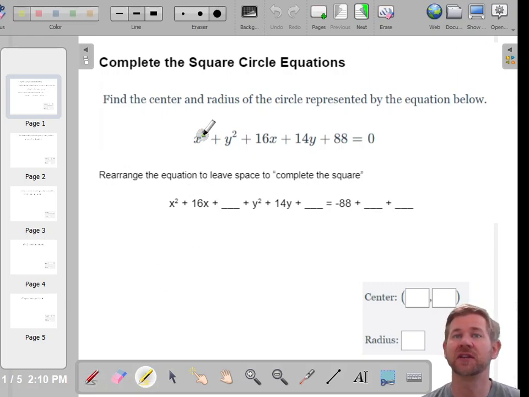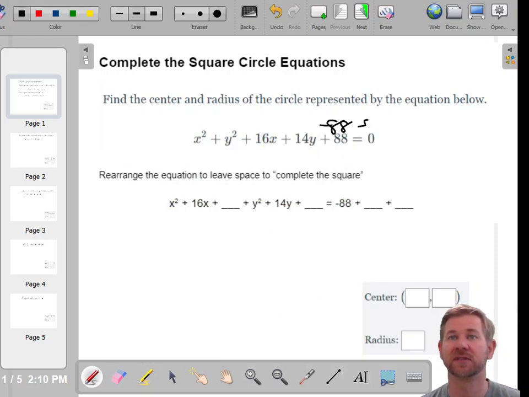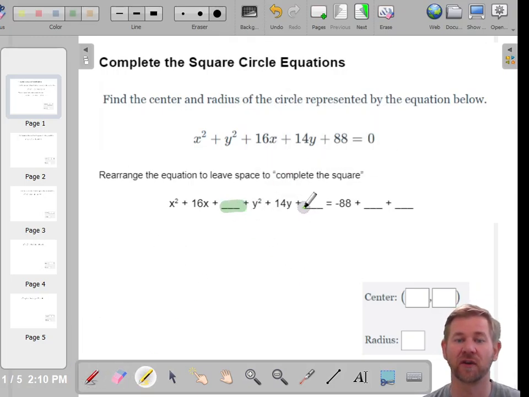The first thing we're going to do, if I say complete the square, is let's get the x's grouped up together, and then let's get the y's grouped up together. And then the other thing that I want you to always do is anything else that's not an x or a y needs to go to the other side. So you can see in this problem that plus 88, if you subtract 88 on both sides, now it's negative 88 over here. Now, I'm also leaving a blank for where I'm going to complete the square for x and